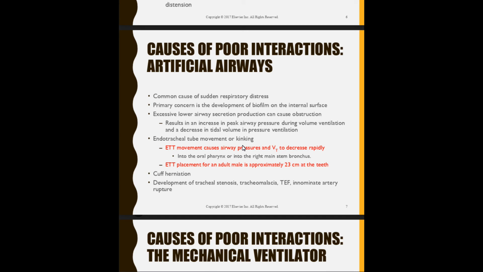Now we have capillaries around the trachea. So if I inflate that pilot balloon fully, I'm going to occlude those capillaries and cause some necrosis in that area. And that's something we don't want to do. So I have biofilm. I have minimal leak technique, meaning to say I have a small little opening